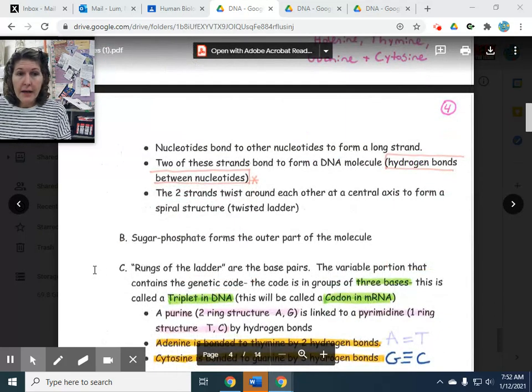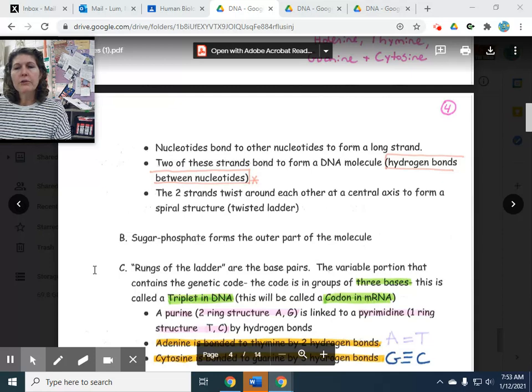Yesterday we went through the backbone of the ladder. We said that it is alternating sugars and phosphates all the way down. So sugar, deoxyribose, sugar, phosphate, and that goes along both sides of my DNA ladder. My rungs of the ladder, kind of where you put your feet if you're walking up a ladder, are made up of the nitrogen bases. So these rungs of the ladder are kind of that variable portion that contains the genetic code. A, T, T, A, C, G, whatever letters you have, because of those nitrogen base pairs and the way that they're arranged, make you who you guys are. Makes the code for your proteins, makes the code for all of your traits,